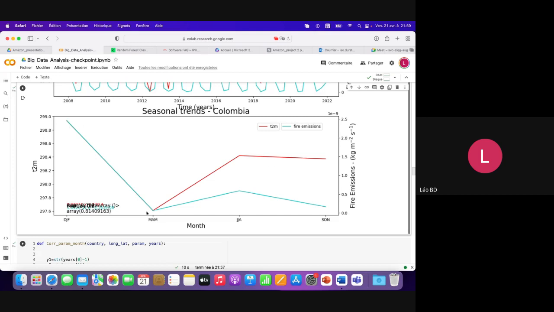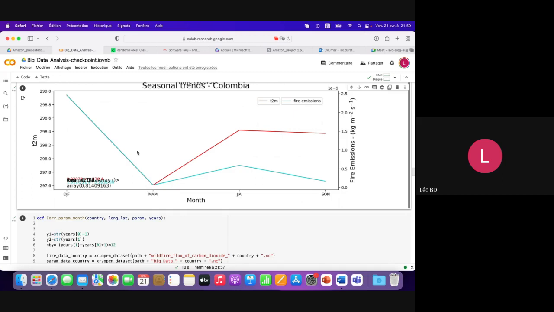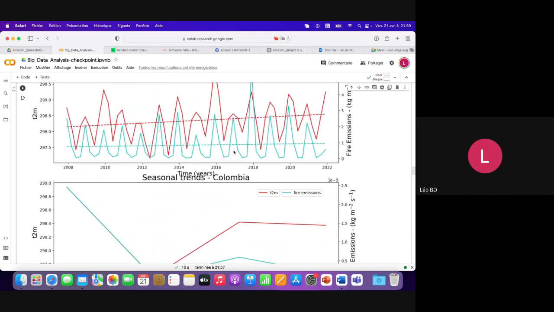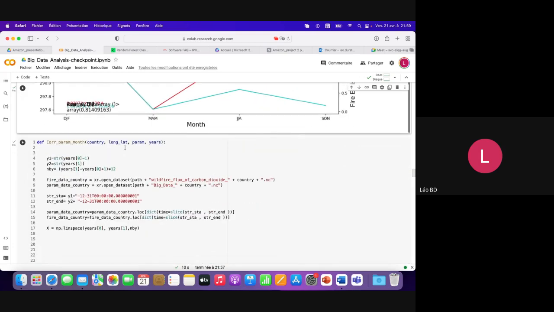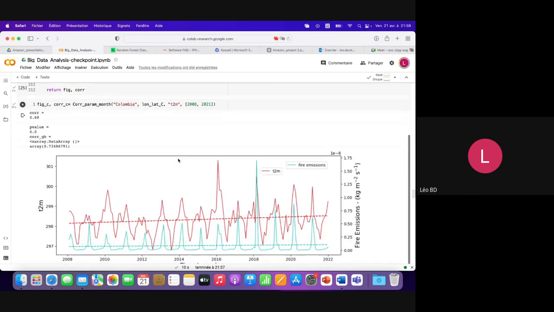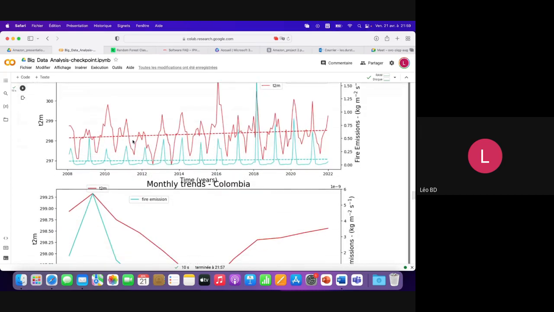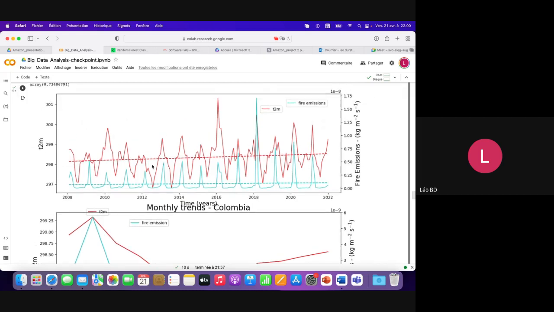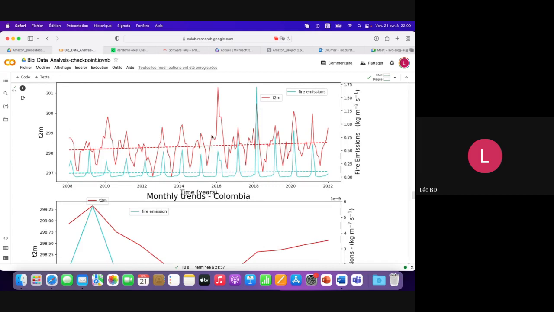And in March and April and May it should be colder in general over the 15 years that we considered on this trend. Now we have the same function for months that is really the same, and that gives us a graph like this with a bit more variability this time, because we still have monthly and not seasonal averages, so it changes a bit, and the correlation goes usually a bit lower than the seasonal trends, because events are